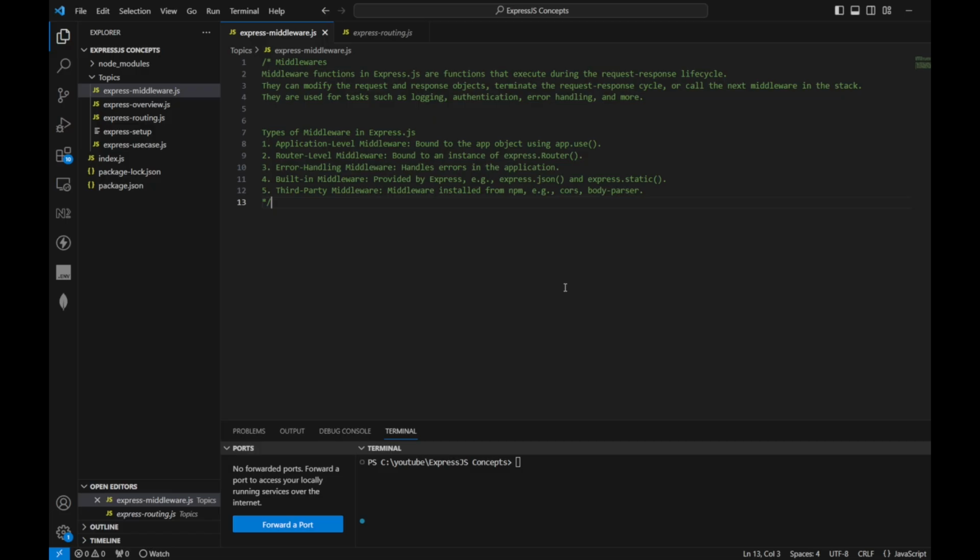Functions. So middlewares are the functions that execute during the request-response lifecycle, and they can modify the request and response objects, terminate the request-response cycle, or call the next middleware in the stack. They are used for tasks like logging, authentication, error handling, and many more. So there are some types of